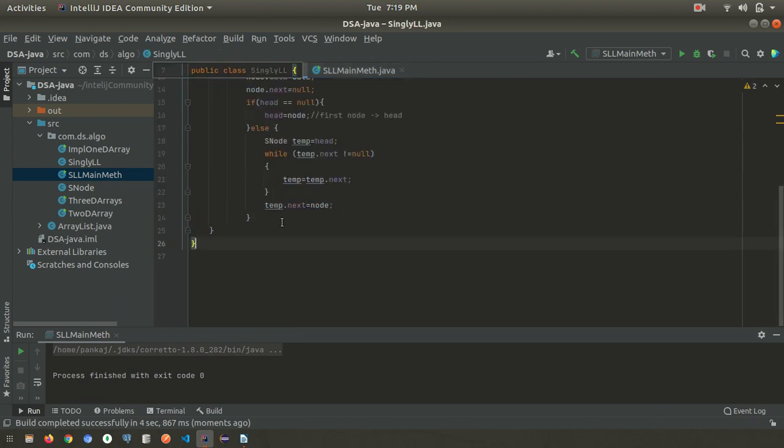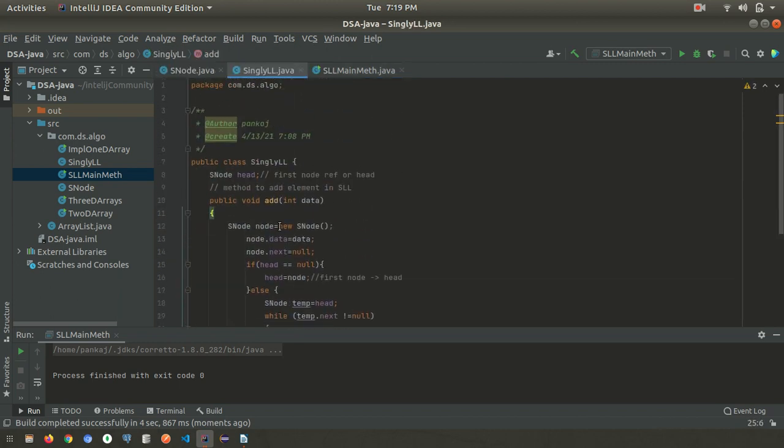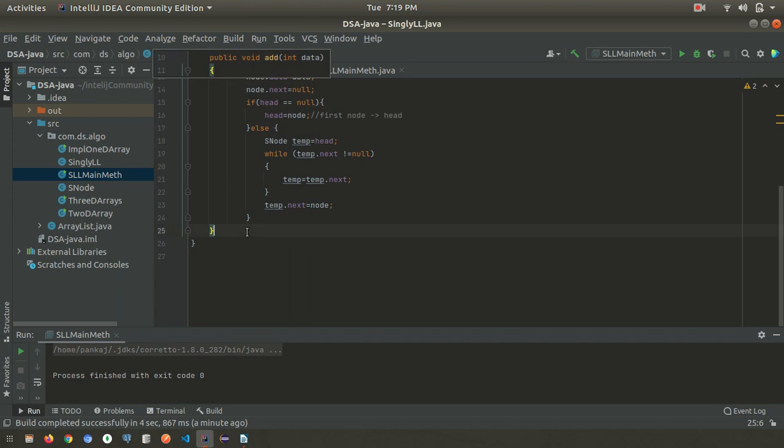So what we can do, we can create a new method. Let's write a method to print values from the singly linked list.